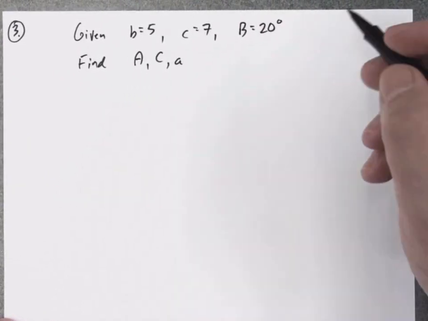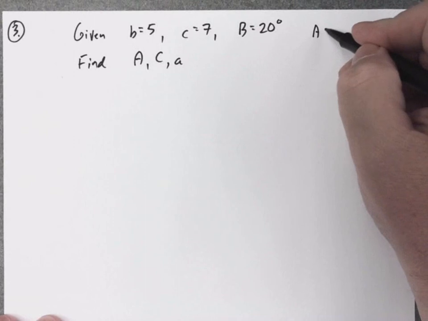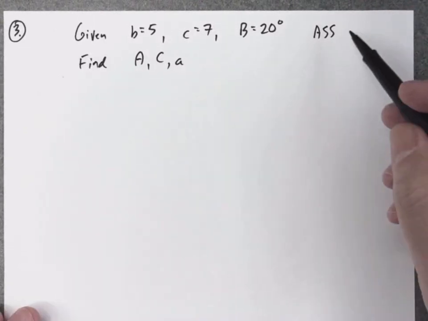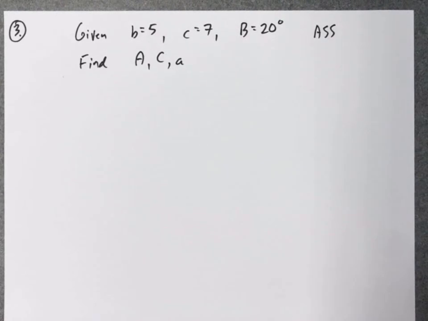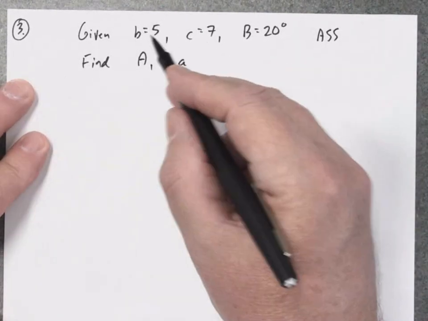Now this information is an angle-side, and I see it's a matching pair, so I'm going to have to use law of sines. There's a chance, we don't know, it could be 0 triangles, 1 triangle, or 2 triangles. So law of sines, I need to use